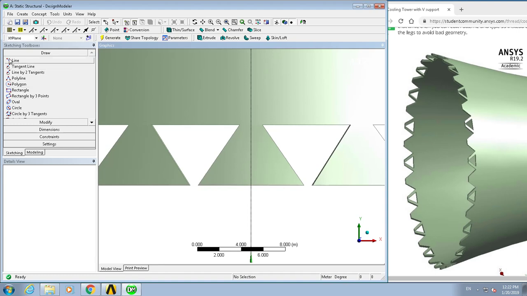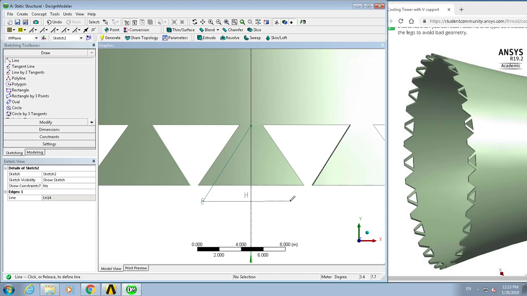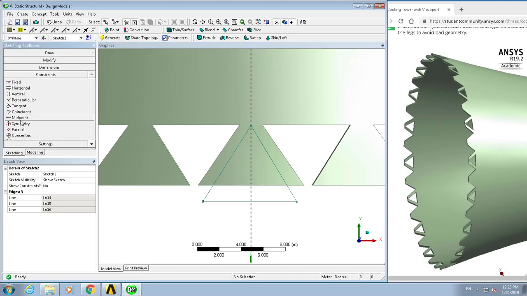way we did. So grab a line and put it on the center line. You want to see that C, and we want it to start maybe up here. I want it to go beyond a little bit. We want it horizontal, and we want it to P to P. Look for that P, don't get a C, get a P. Click, and then we want to go to constraints and add symmetry about this line, first object, second object, and